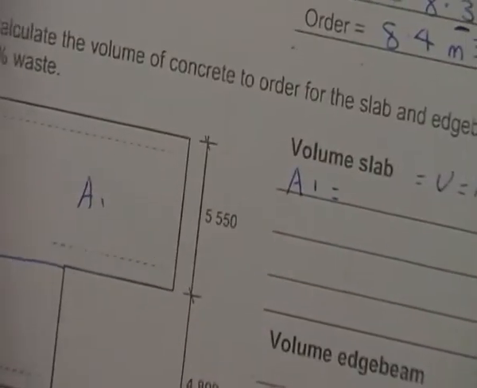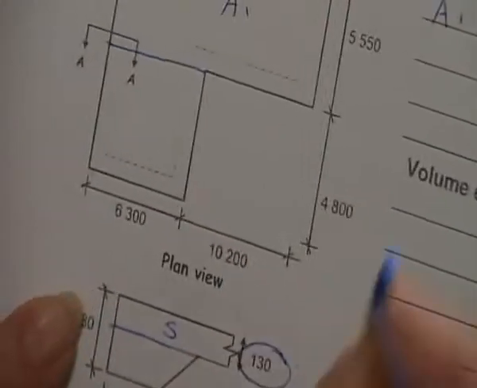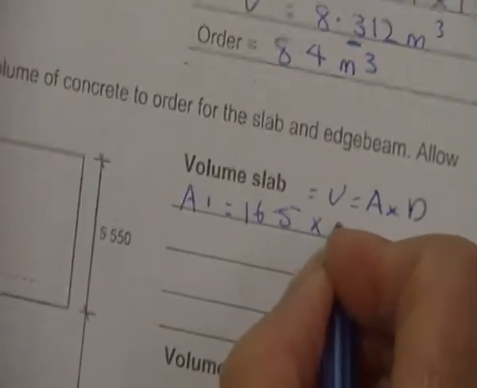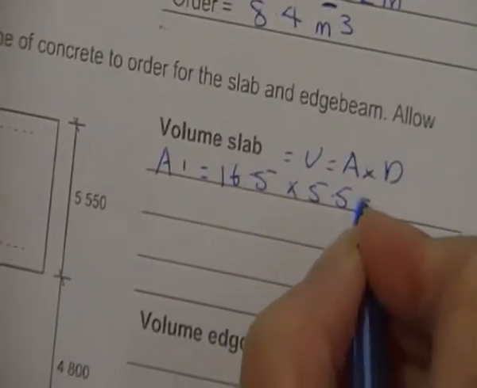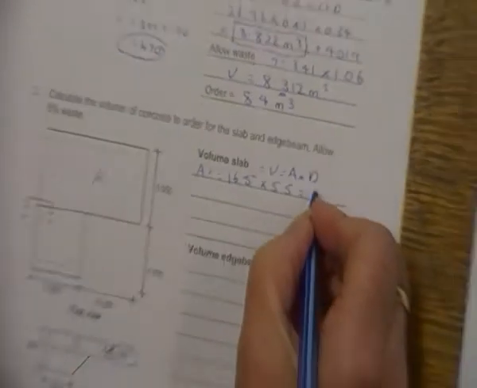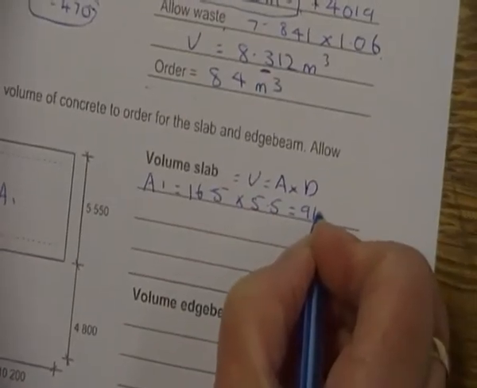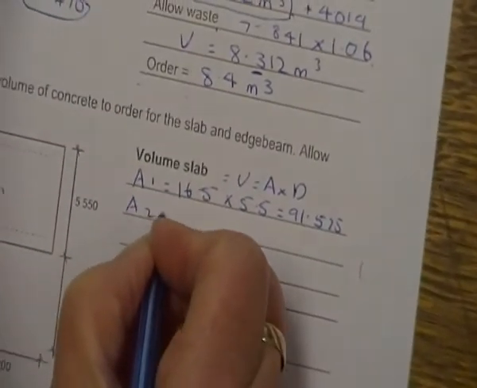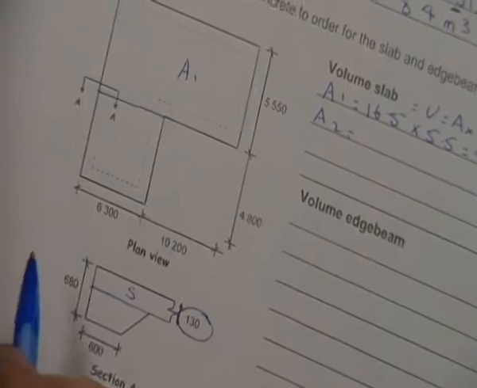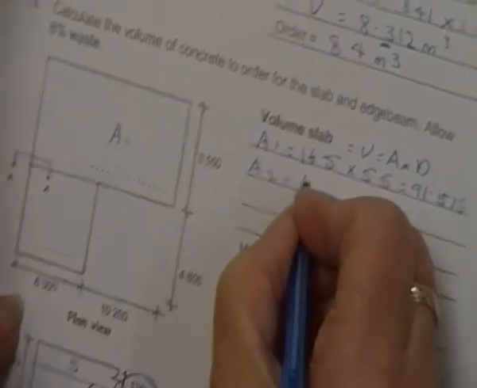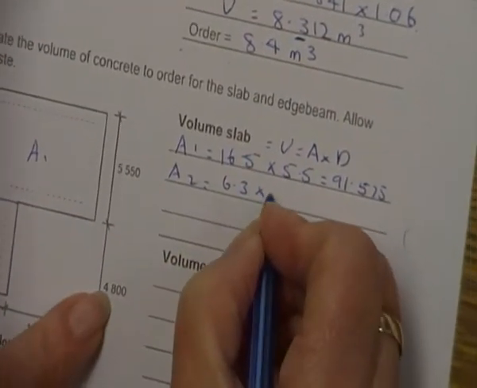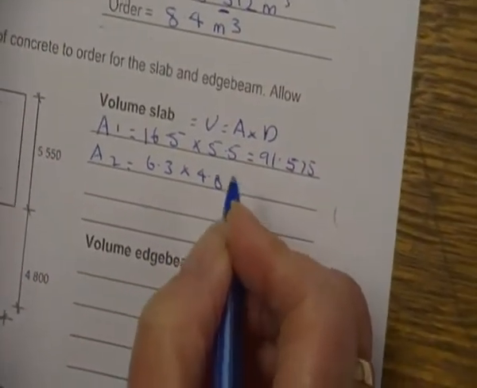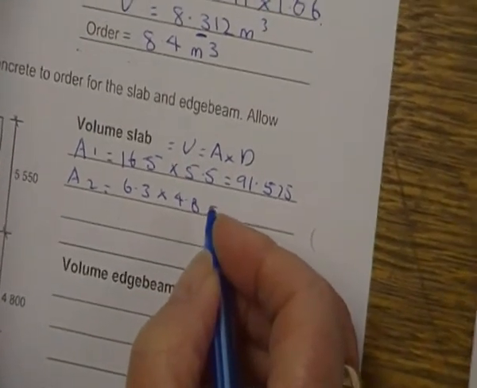is, I'm adding these two figures together and I'm getting 16.5 times 5.5, and that will give me a total of 91.575. Area 2, we've got the figures here, so it's going to be 6.3 times 4.8, and that's going to give me an answer of